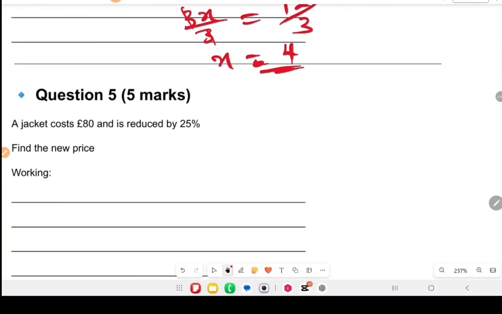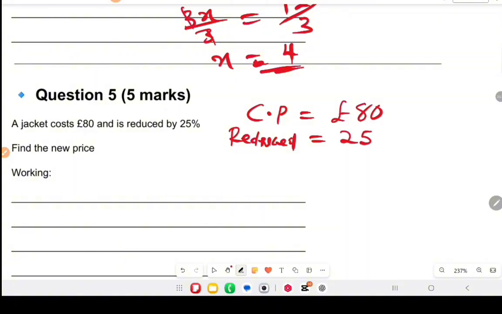Question 5 is talking about selling price. A jacket costs 80 pounds, which is, the cost price of a jacket is equal to 80 pounds, and it was reduced by 25%. Then what we do, we look for the 25% of 80, which is equal to